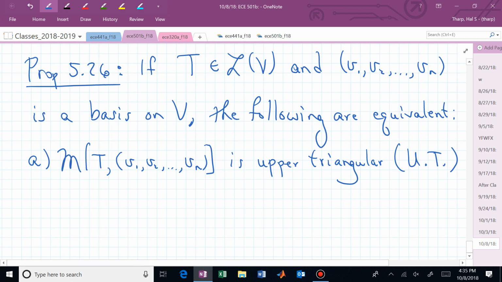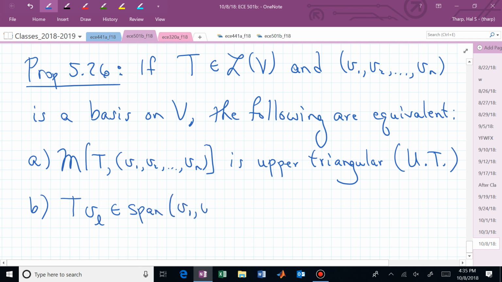So now, let's just assume that the matrix representation with this set of basis vectors is upper triangular. That we know. Well, that's equivalent to saying the following, that T V sub L is in the span